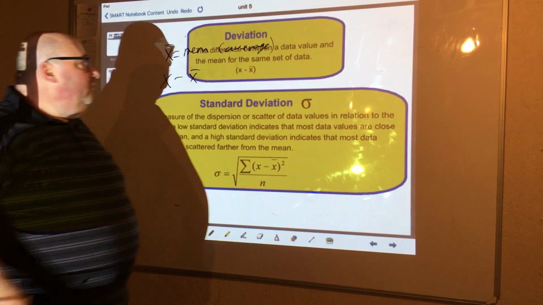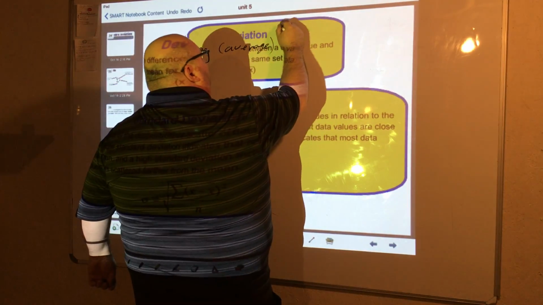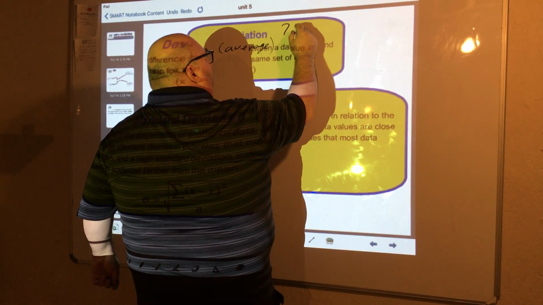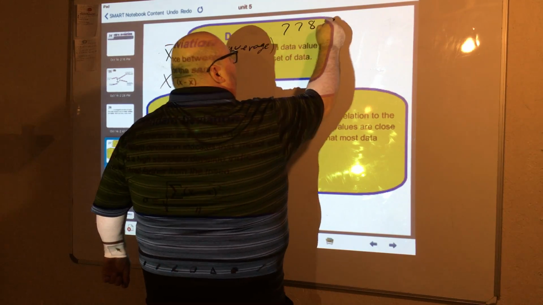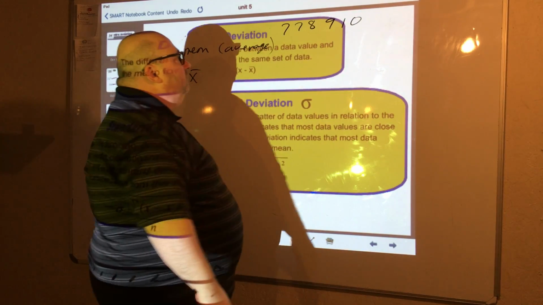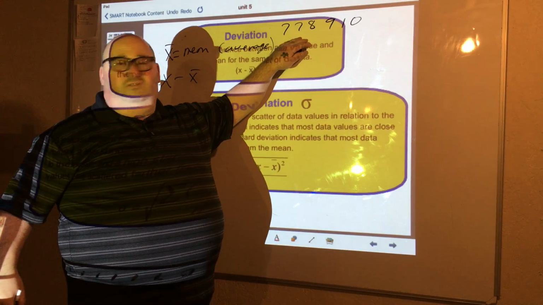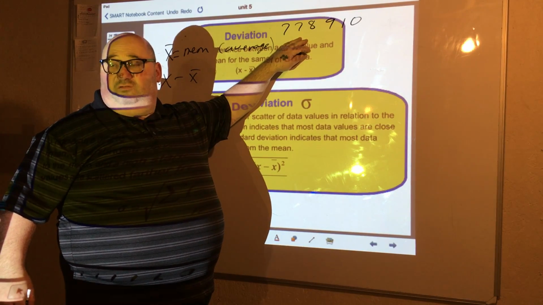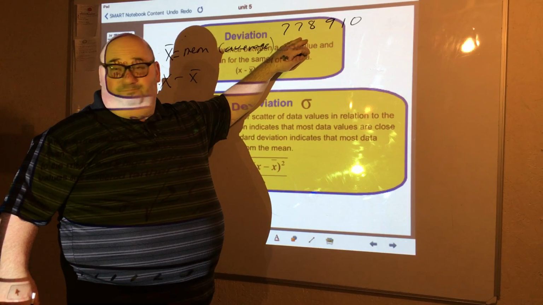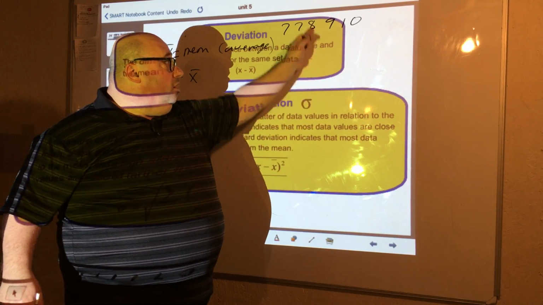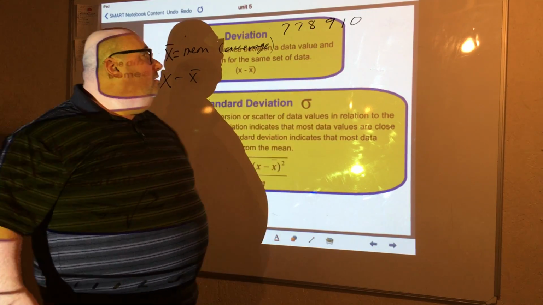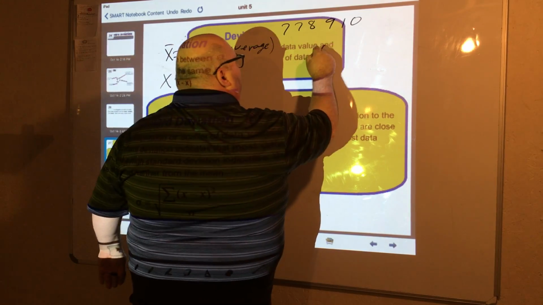Let me give you a quick example. We're going to use some of our numbers from yesterday: 7, 7, 8, 9, 10. We'll just use those. So we have 2 7s that repeat, so our mode here is 7. Our median, our middle number, is 8. What is the mean? Well, the mean would be